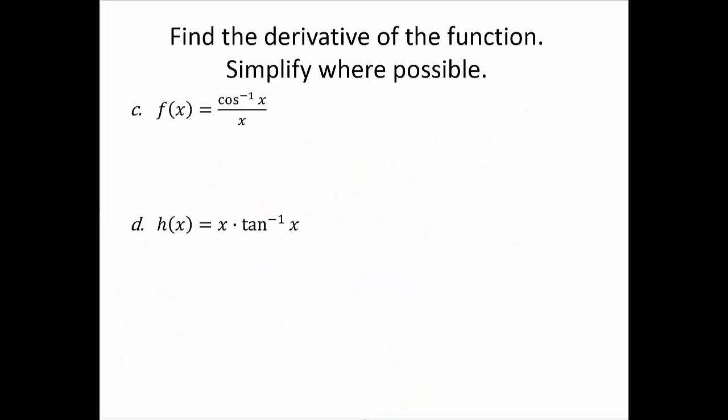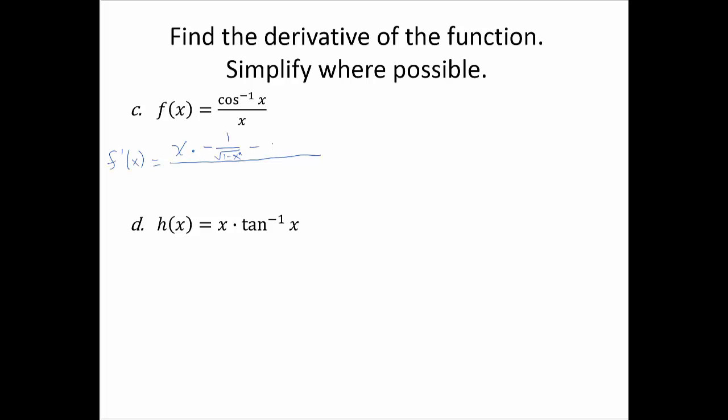Exercise C has us finding the derivative of f of x is cosine inverse x over x. I've got division here. I'm going to have to use a quotient rule. Alright, so let's see. f prime of x would equal, let's see, the low function, the bottom function is x, and then I'd need the derivative of the top function. Cosine inverse x, its derivative is negative 1 over the square root of 1 minus x squared,